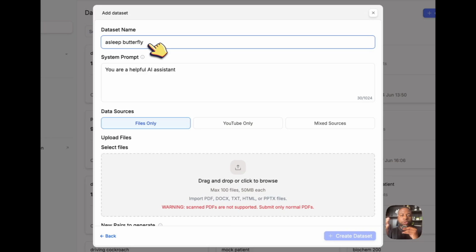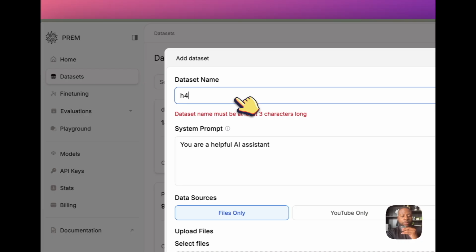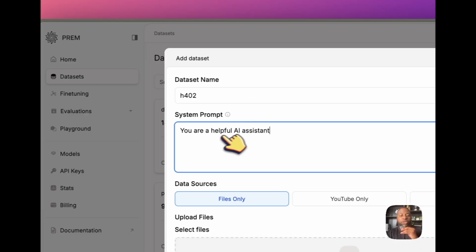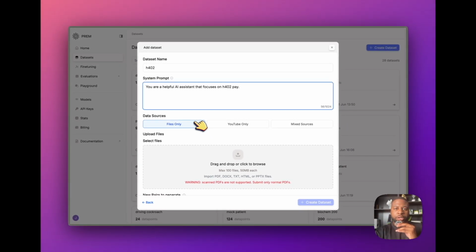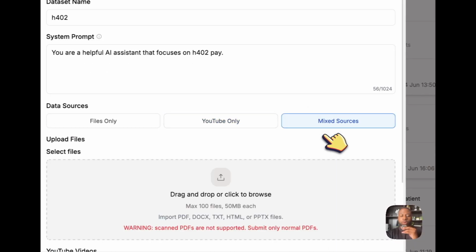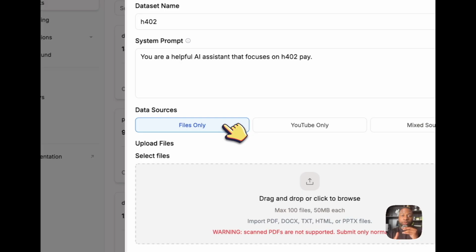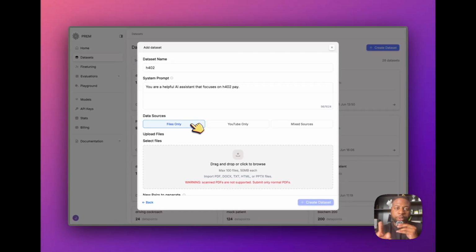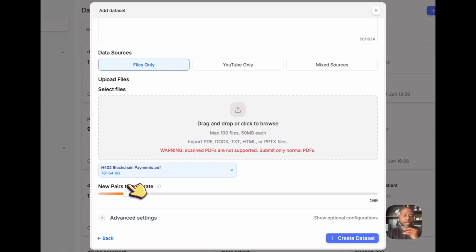So by default, your dataset comes with its own name, and you can change it if you like. So we could say H402, and you can also give it a system prompt. So when you're uploading unstructured data, you can choose from files only, YouTube, or mixed sources. So let's just go with files only, and I'm going to upload a white paper for H402 Pay. So I uploaded the file, and I can go here to change the new amount of pairs that I want